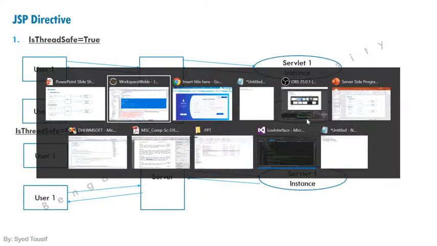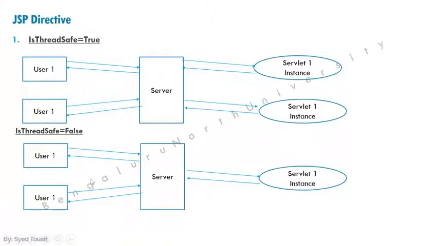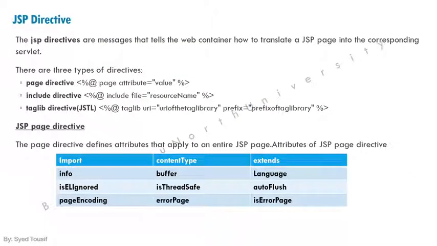If you make isThreadSafe equal to false, what happens? Whatever requests are there, say two requests, or 1000 requests, only one request can be executed at a time and return its response. So it will serialize the requests. The requests come in one by one order: the one that comes first executes and the others wait, and once the first is finished, the second request starts to execute. This is the way isThreadSafe is used.